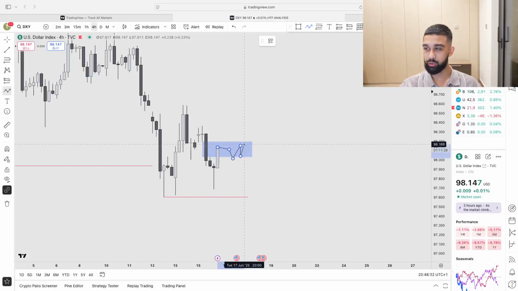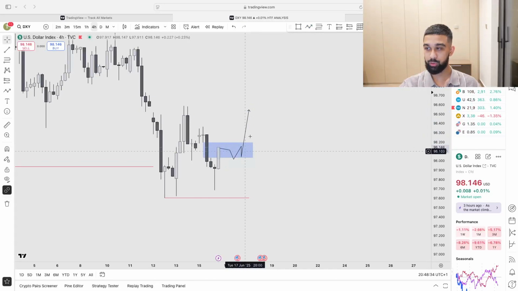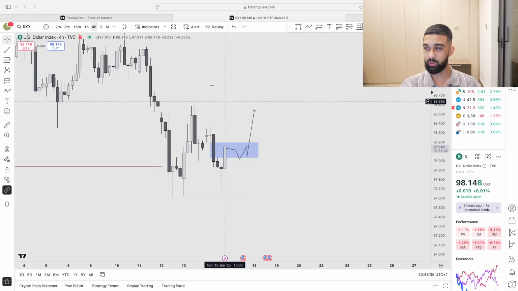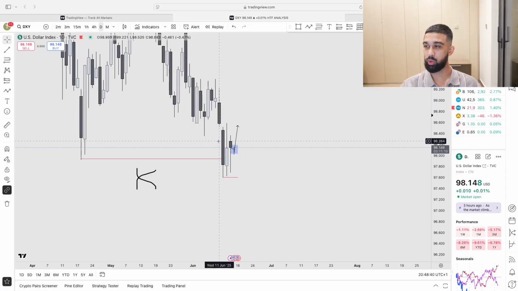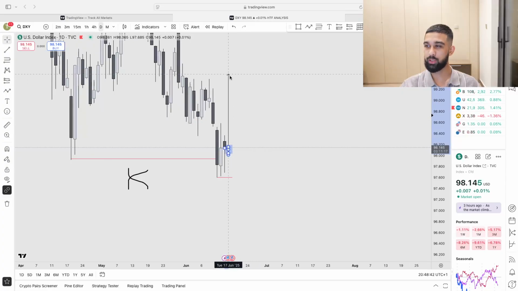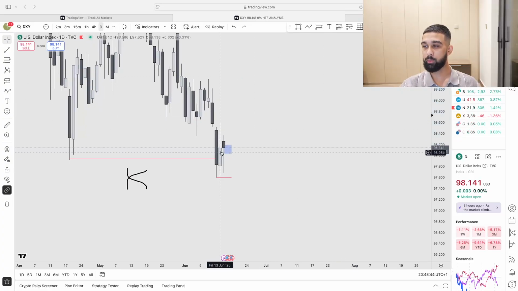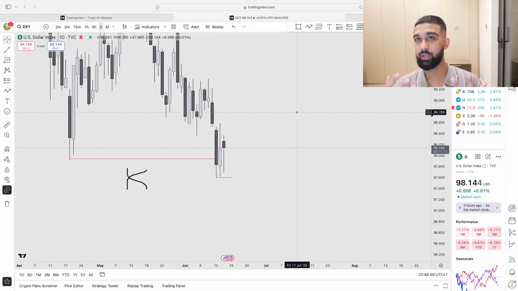We know we've got news later on in the week, or maybe price goes through the fair value gap and starts actually creating, if you look back on the daily, this would then start creating maybe a strong low for price to go higher for these highs over here. So I need a little bit more confirmation on a week like this. I know it could be boring for some people, but that's the reality of giving real information instead of just telling everyone in the chat, yeah, because I want people to think I'm right, I want to get people off my back, let's just take a trade for the sake of it.